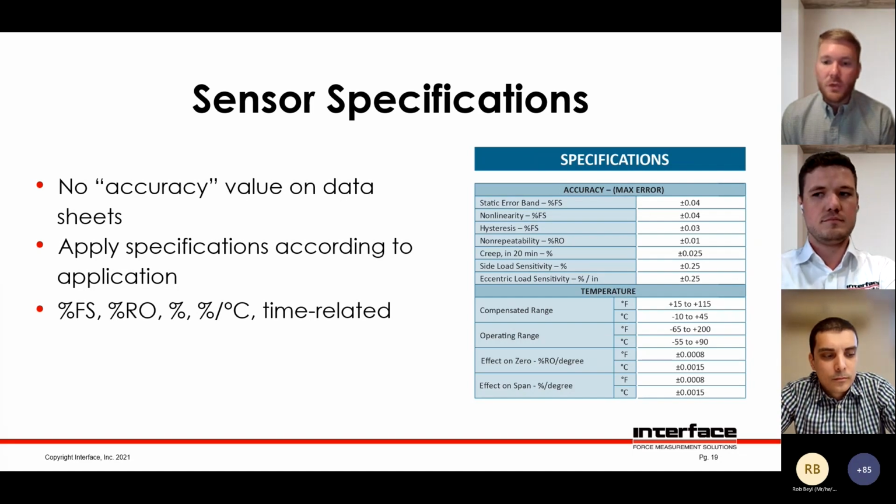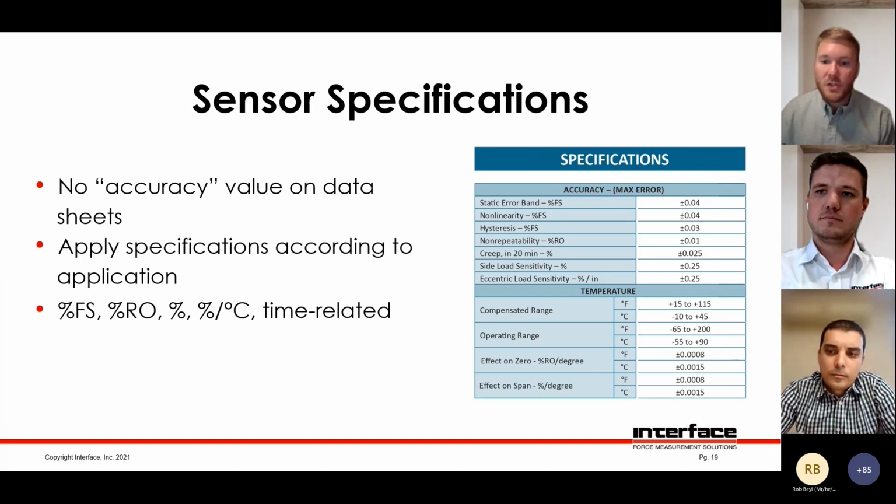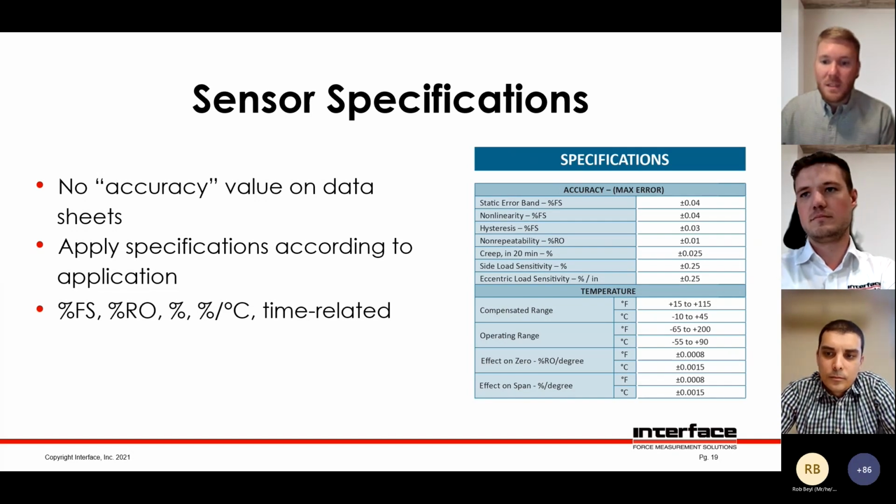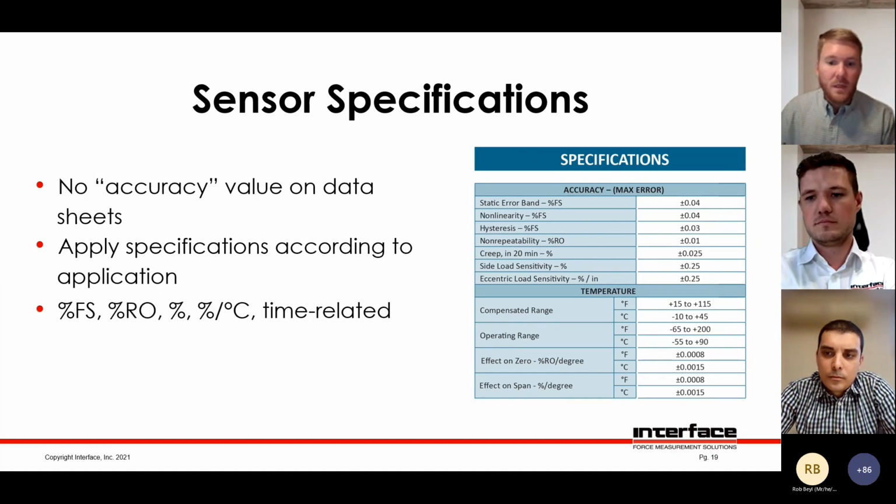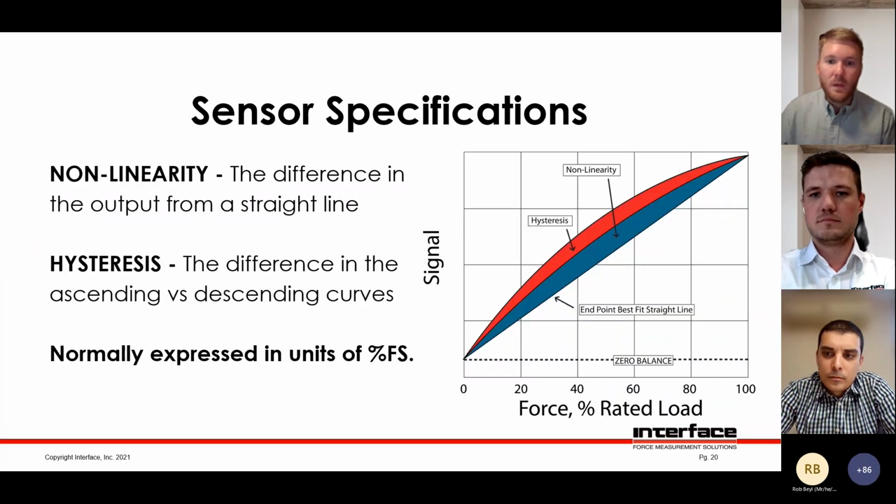You will notice different units: percent of full scale, which is the full calibrated range, percent of rated output, which is the percentage of output capacity, percent of reading, and then a percentage of degree, and then some are time related. So these are two of the big ones that we talk about a lot: nonlinearity